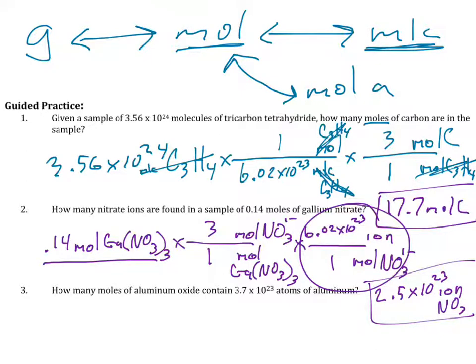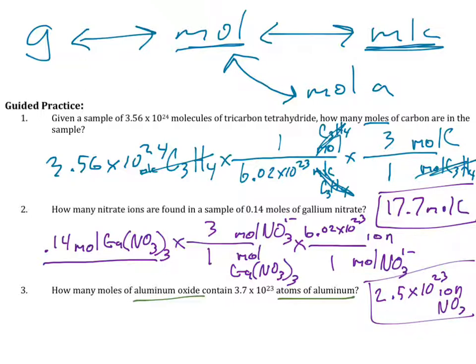So again, 1 mole of anything is 6.02 times 10 to the 23rd. And so in this first step here, we are going from moles of the compound to moles of the ion. And then once we figure out the moles of the ion, we can then go to how many of those ions that we have. All right, now this next problem here, we're going to be starting with atoms, and we're going to